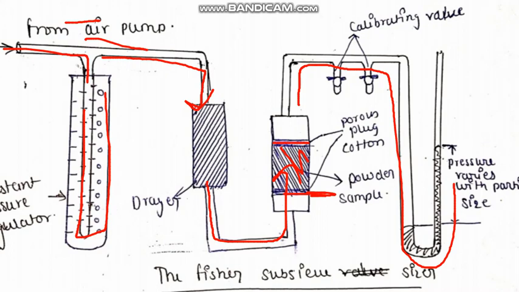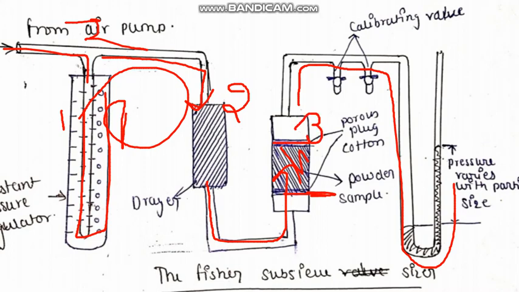First of all, air pressure is passed, and this pressure is controlled by this part. This is represented as 1. Then this air under controlled pressure goes to the dryer. The purpose of the dryer is to dry the air so that the moisture present in the air can't interfere with the functioning of the powder. Then this dry air is passed in the tube, which is represented by 3, and from here the air is passed. Because of the movement of the air, there is fluctuation in the reading, and this fluctuation can be easily seen from the manometer reading.